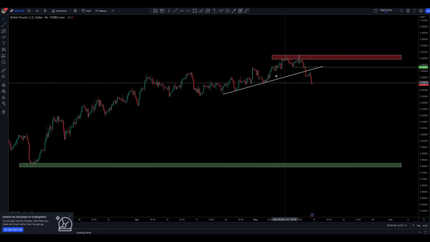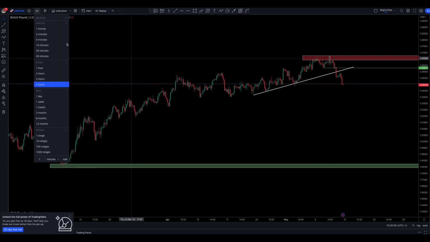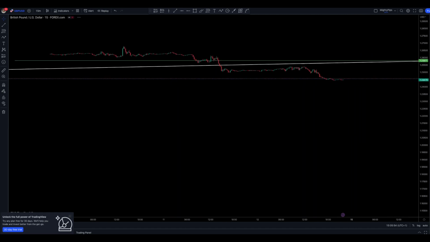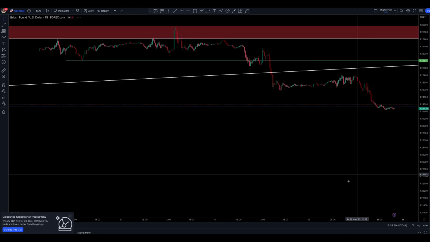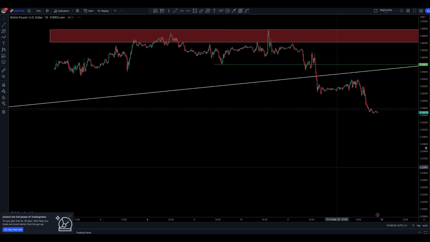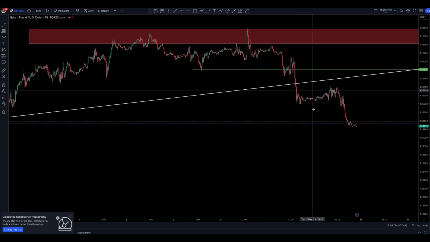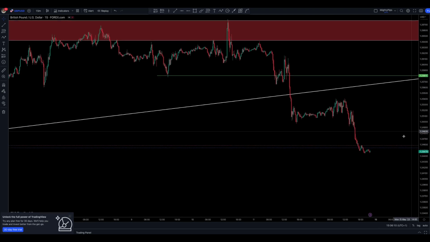So after you've done this, what I normally do, if I'm day trading, is I go down to the 15-minute chart. After doing all this, I go down to the 15-minute chart and I come to the area where the trend line was broken. Now, the moment the trend line was broken,